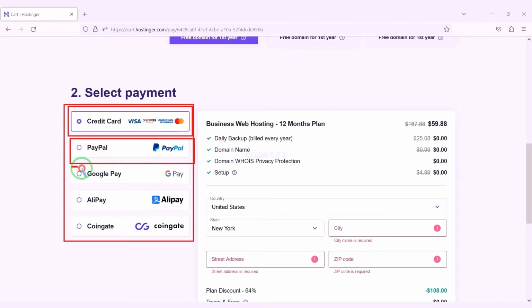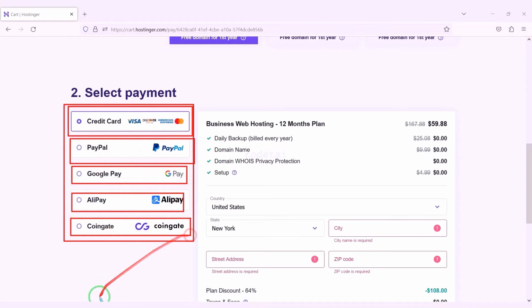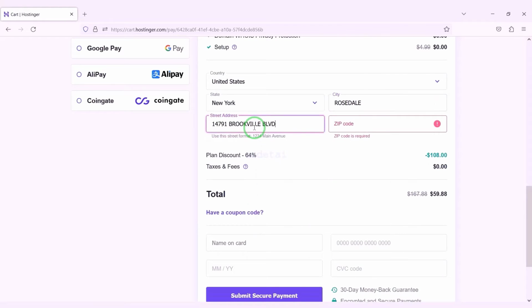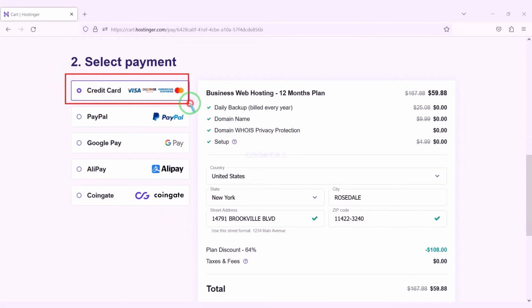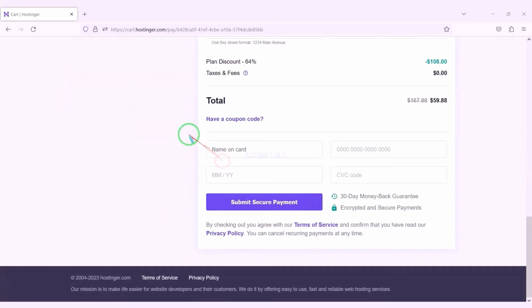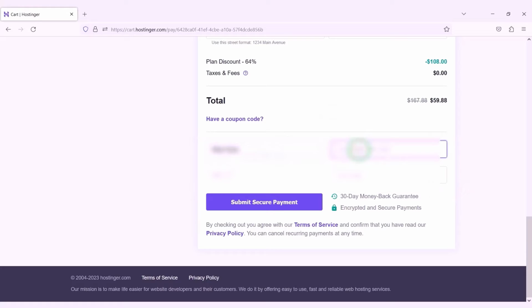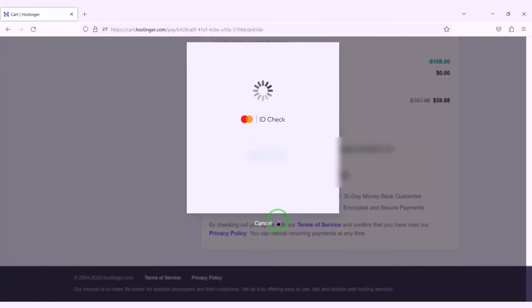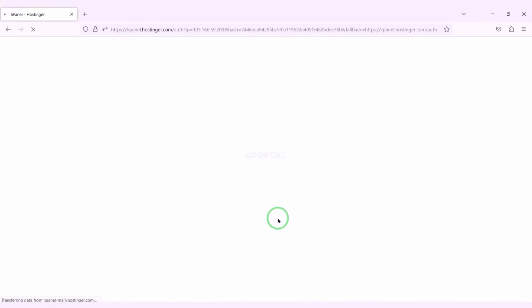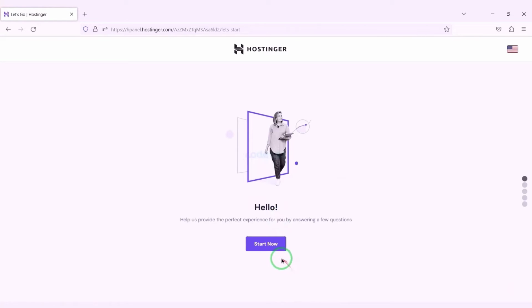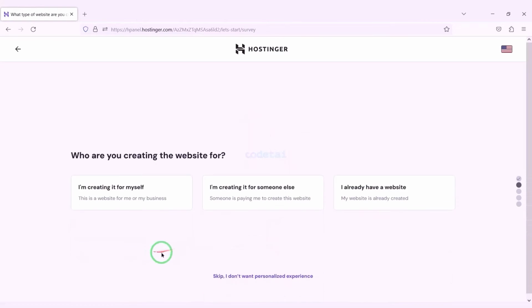You can purchase domain hosting using your preferred payment gateway. We need to submit account information here to make payment. For example, we will now pay by banking card. For this, we need to submit correct card information here. Then we have to confirm the payment by clicking this button. Our payment is complete. We will now click on the Start Now button.